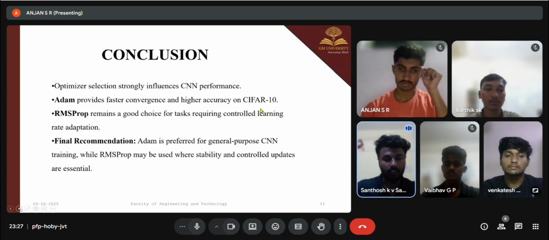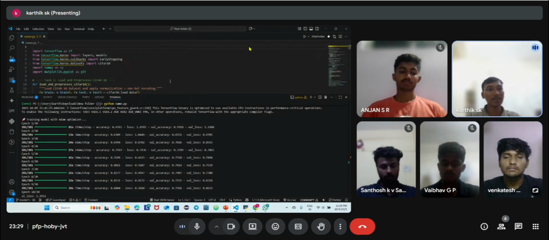Final recommendation: Adam is preferred for general purpose CNN training, while RMSprop may be used where stability and controlled updates are essential. Here is our code, where we did Python programming, wherein at first we train the